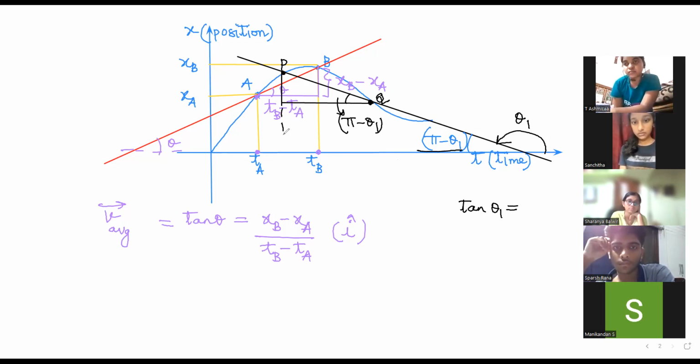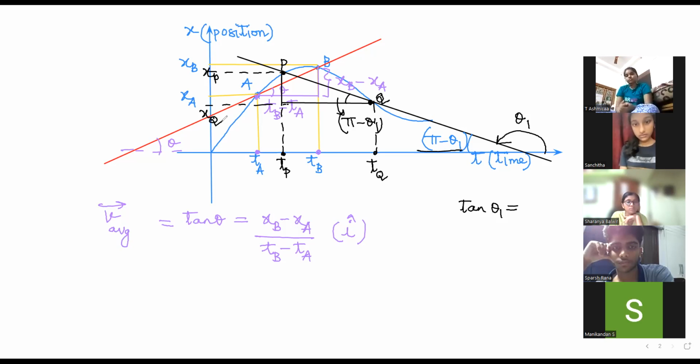I have these 2 instances now. This is TP and this is TQ. Yes or no? This is XP and this is XQ, these are the X coordinates, right? So can I find tan of pi minus theta 1? All of you, please say yes or no, and say its value. Yes, sir. Its value is,